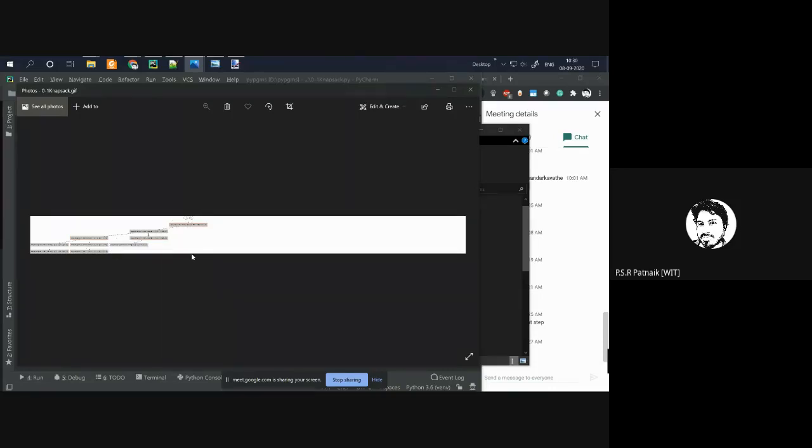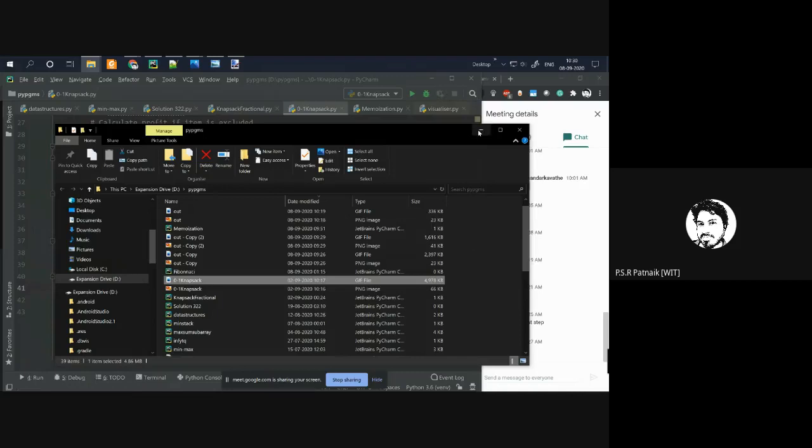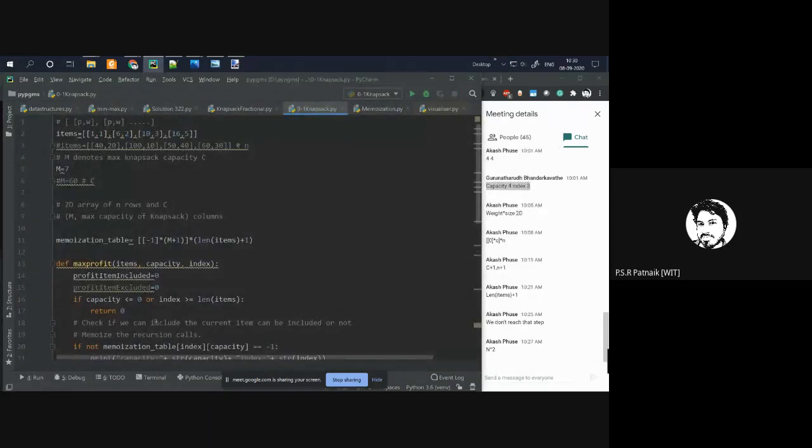There is one more approach to solve zero one knapsack, wherein instead of starting from the top-down, we will not even go for recursion. We will directly start computing values from the bottom and reach the top. We will use this table, and we will start initializing this table without using recursion.